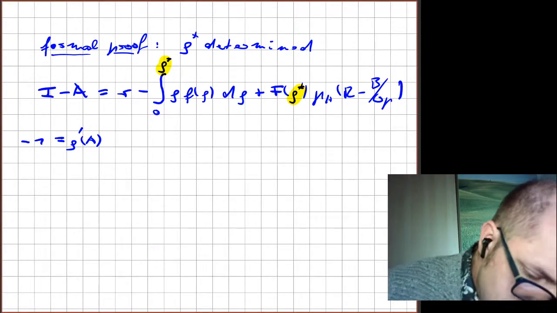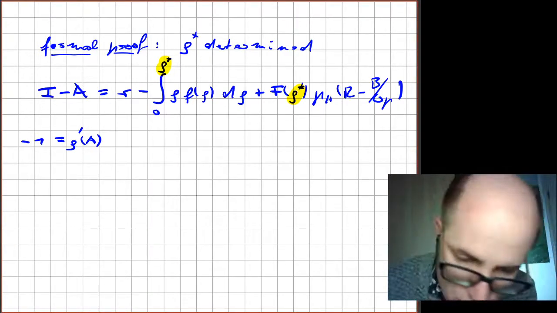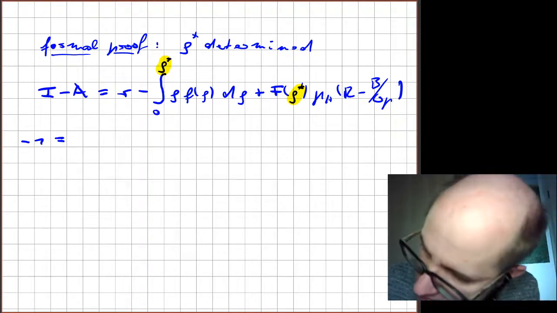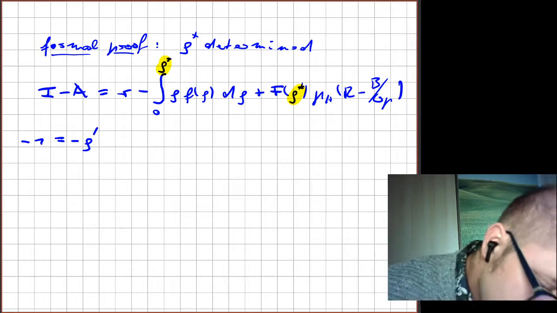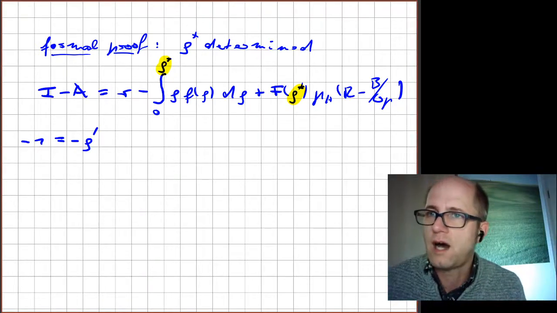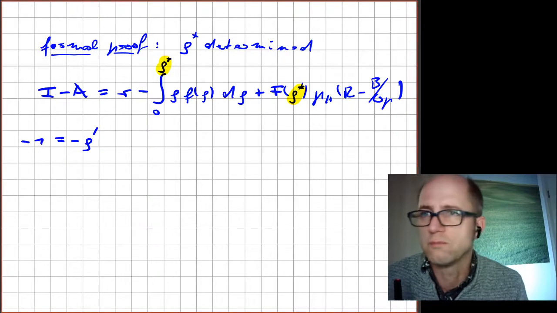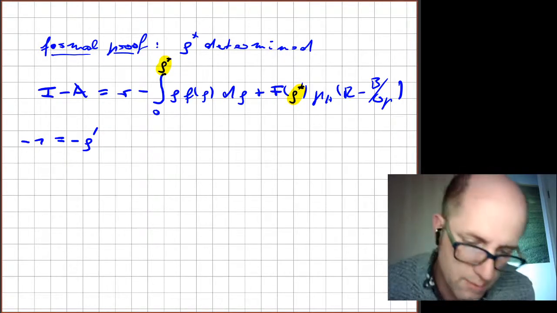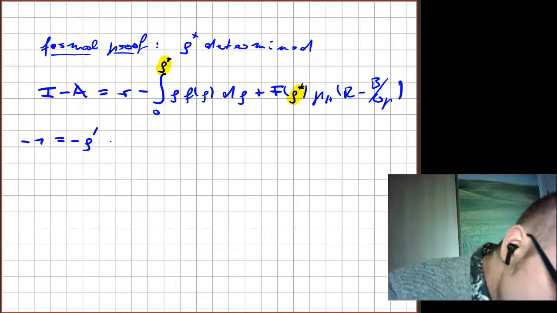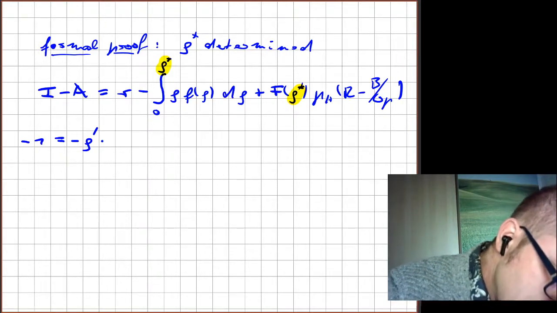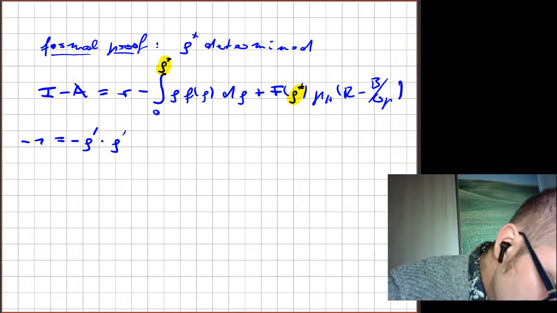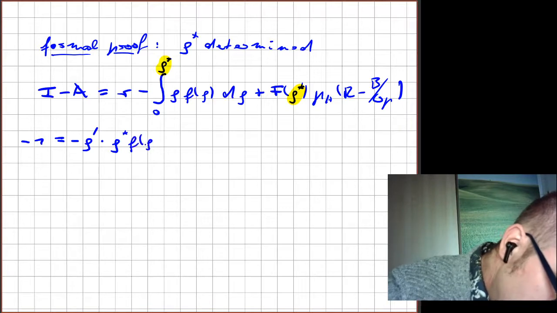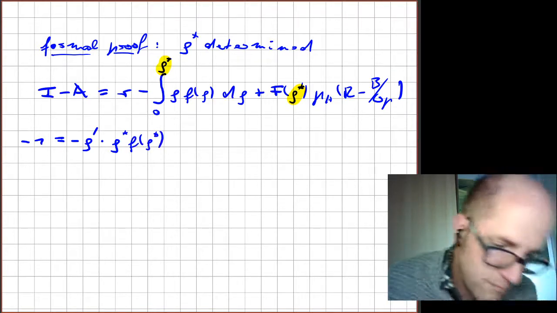We also have the minus sign, of course. I shouldn't forget that. So minus rho prime. I'm going to drop the argument A because otherwise it gets a little bit messy. Rho prime of A times, and now we have the inner derivative, that's rho star times f of rho star as before,